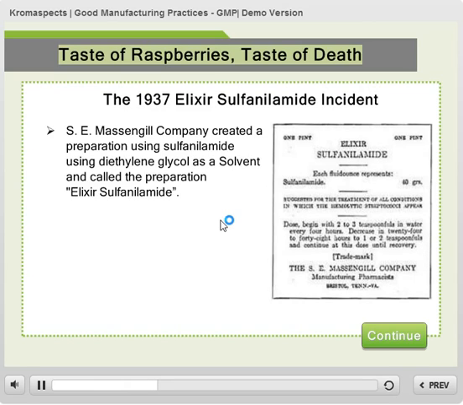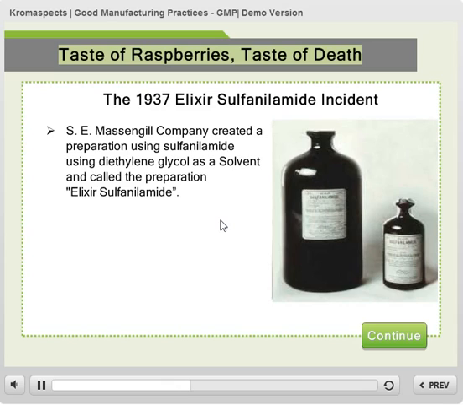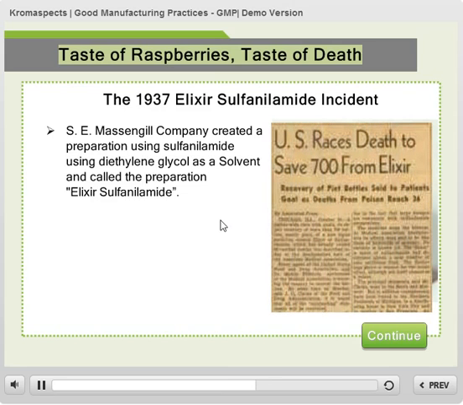The company's control lab tested the mixture for flavor, appearance and fragrance and found it satisfactory. However, the new formulation had not been tested for toxicity. Although animal testing should have been routinely done, the company performed none. At that time, the Food and Drugs Law did not require that safety studies be done on new drugs. Selling toxic drugs was undoubtedly bad for business and could damage a firm's reputation, but it was not illegal.